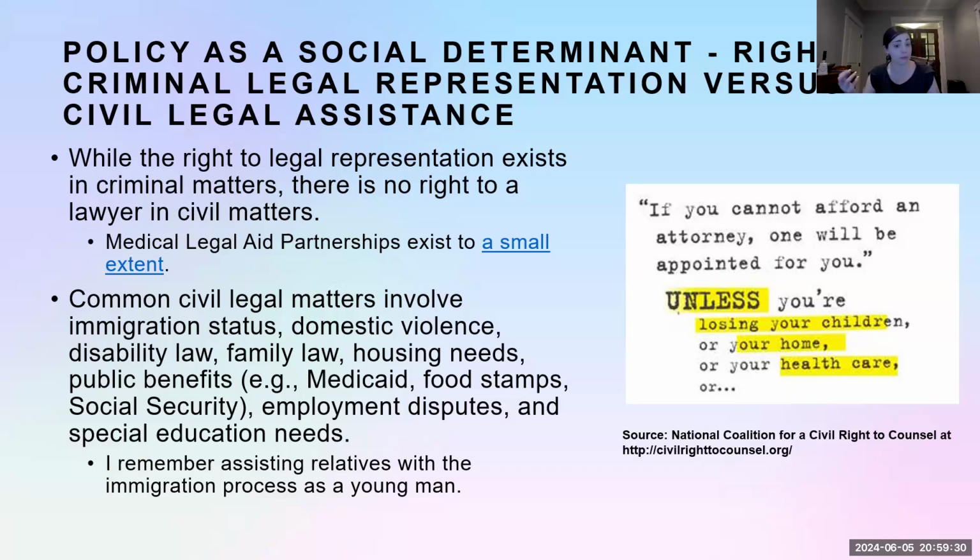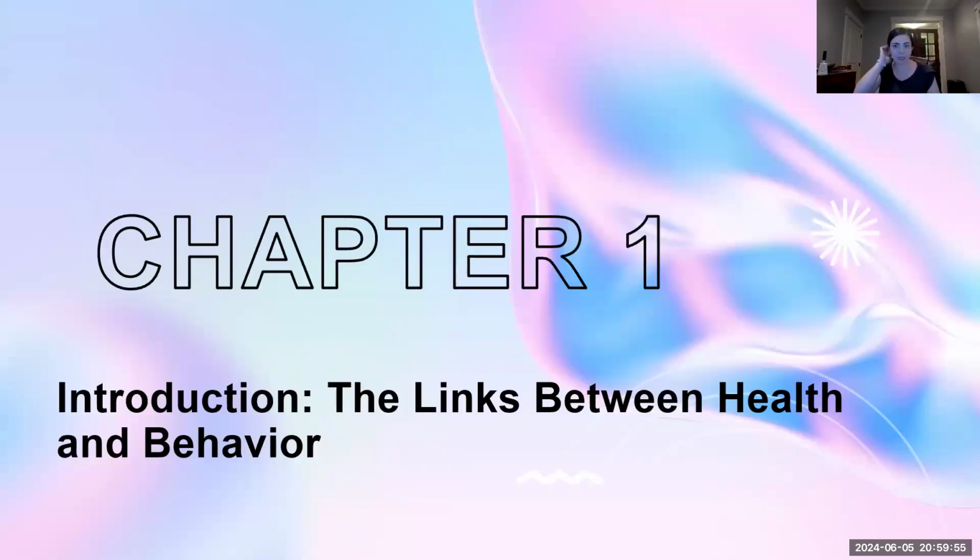So there are programs like legal aid that can assist. But when you think about immigration and Social Security and getting access to services, you're not entitled to legal representation for those pieces. And so this is a good example of where we have to create a system that supports the health of individuals, especially in these situations where we're vulnerable, right? We're in a tough spot.